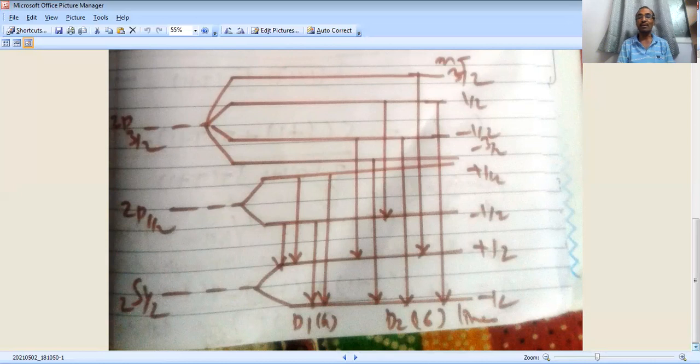Thus, we conclude here by showing that due to the application of weak magnetic field, the sodium D1 line, which is having wavelength of 5890 angstrom unit, splits up into four lines, and D2 line splits up into six lines. And why does it split up? Due to mj. Why is it mj? Due to j. Why is it j? Due to j equal to l plus or minus s. Why is it l plus or minus s? It is due to the orbital and spin motion. This is explained by the scientist Zeeman.